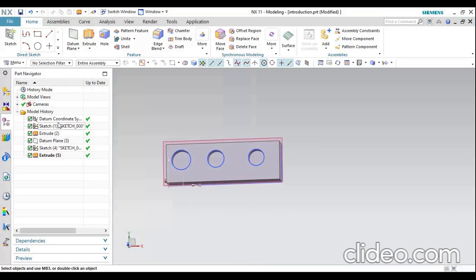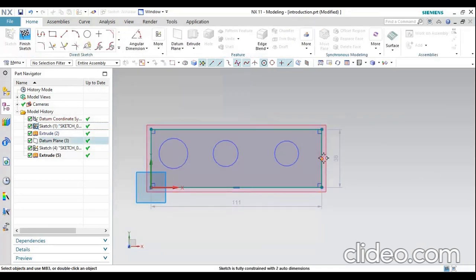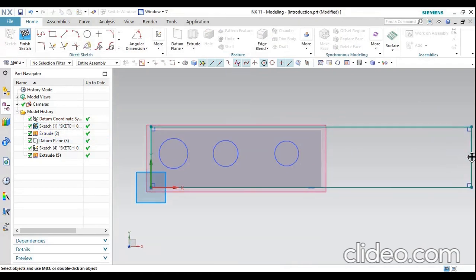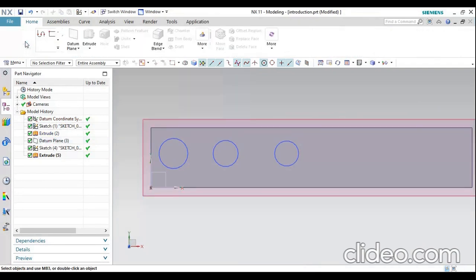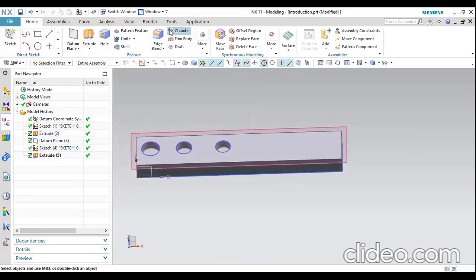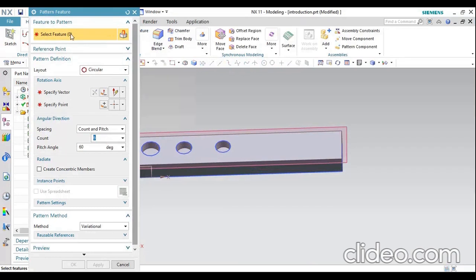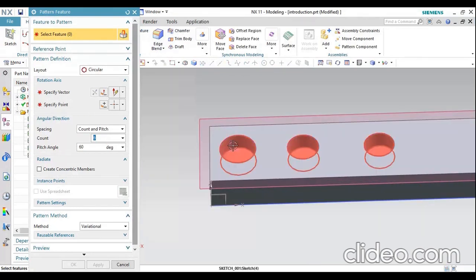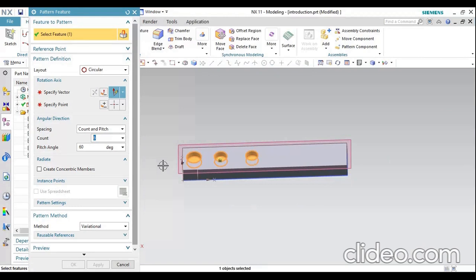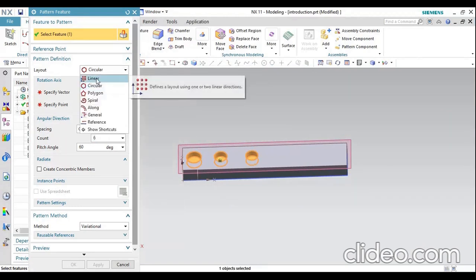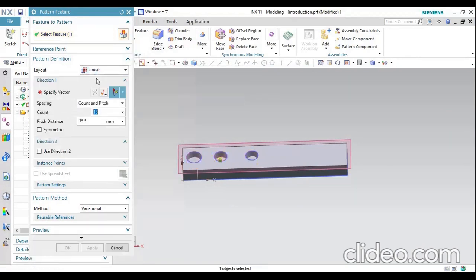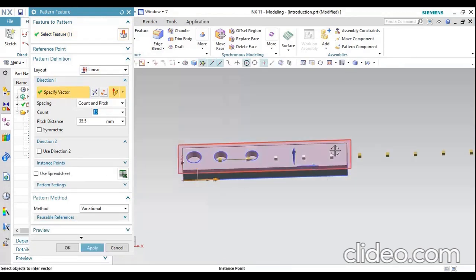So I'll show you. Please double click on this sketch button. Make it large. Exit the sketch. For example, I'll select pattern feature, and it asks to select a feature. Okay, this is the feature. Then what type of pattern? Linear pattern, right? So I will check linear pattern, specify a vector. So this vector, I only need 2.